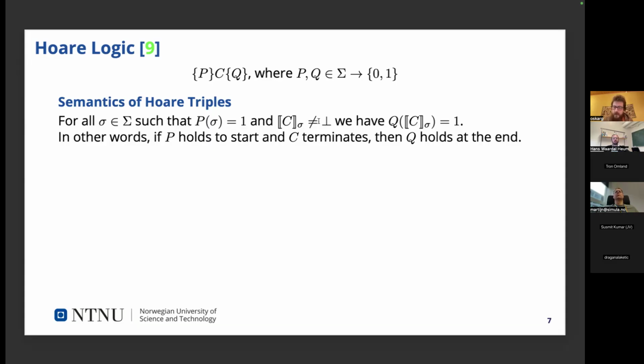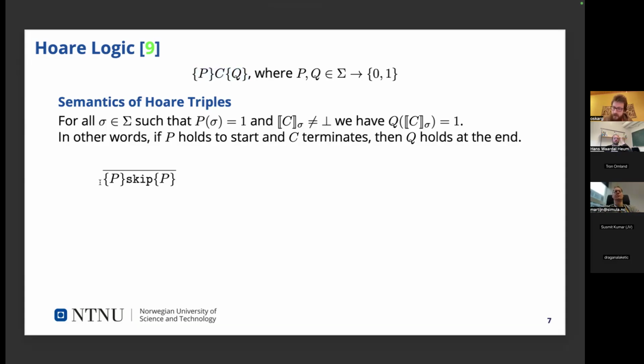So this is often called conditional correctness. You also need to know that it terminates to actually know that it's good. But for many applications, this is good enough because if you have non-termination, then you'll notice, right? But you can also have different logics where you deal with total correctness instead, where you also prove termination. So that's what this thing means in the semantics.